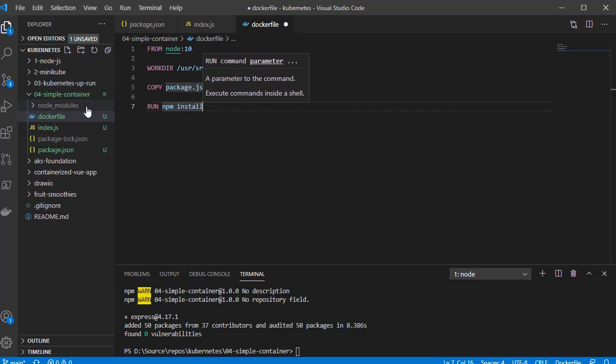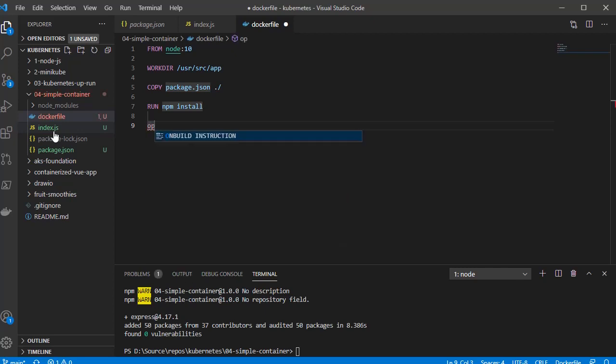Now the container consists of the libraries that I need for my application. Then I should transfer the index.js file to my container image. Then I use copy again,